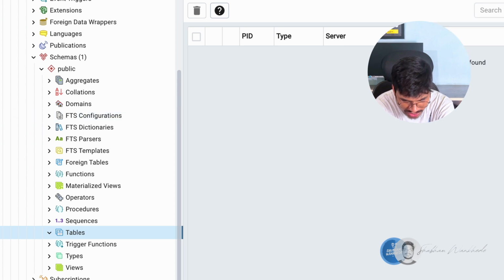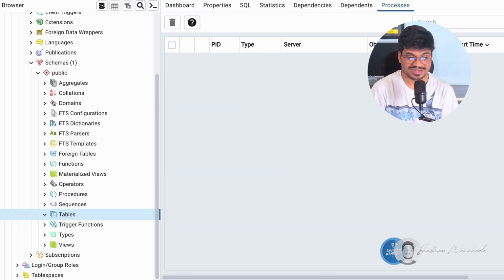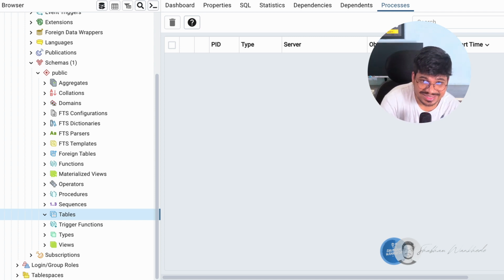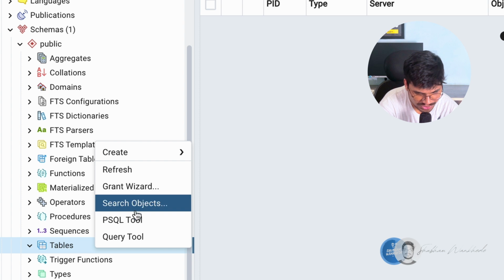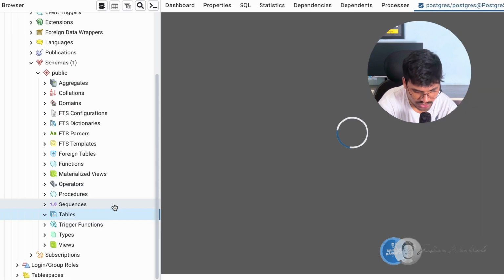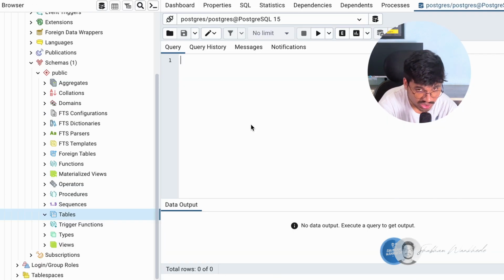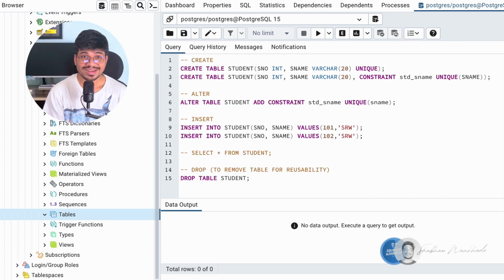So what I'm going to do is I'm going to create a table, student table, and I'm going to apply this constraint to this database table, student table. So as we have discussed that there are three approaches assigning the constraint to a column, let's just discuss all these three approaches. I'm going to right click on over here. Here you can see the query tool. I'm going to use this query tool. I'm going to write the queries, all the queries. So I've written down all the queries.